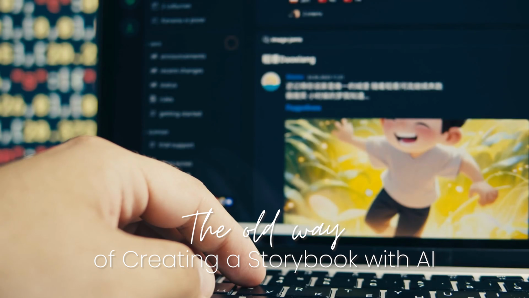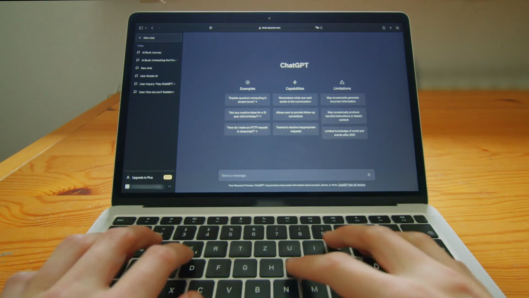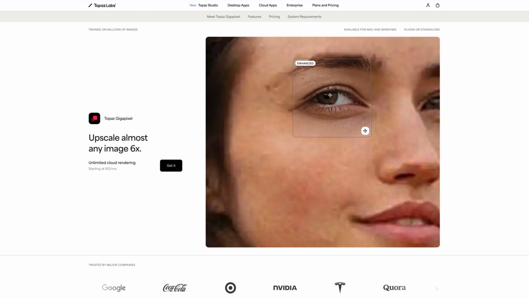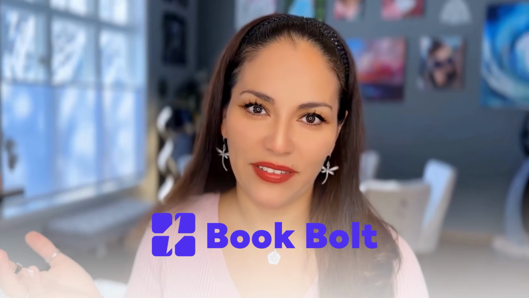Before, you had to generate your images in Midjourney or ChatGPT and then struggle to keep your story characters consistent across every illustration. Otherwise, each one would look completely different. Then you had to verify you had the commercial rights to use them and upscale everything to a high enough resolution for print, because low-res images print pixelated and look terrible, and then import them one by one into a file correctly set up for Amazon KDP. That whole process took a significant amount of time and required multiple tools, but thanks to BookBolt, that struggle is